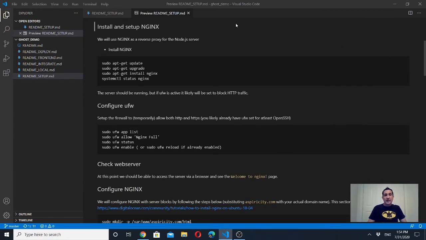Once you have your VPS set up and you have a user with sudo admin rights, and as well you've got your DNS and your domain name set up, the next step is we're going to want to go ahead and install and set up Nginx. We're going to use Nginx as a reverse proxy for the Node.js app that we're creating, but we're not going to do that in this video. We'll do that in the next video. For this video, we just simply want to set up a baseline version of Nginx. So let's go ahead and open our terminal,